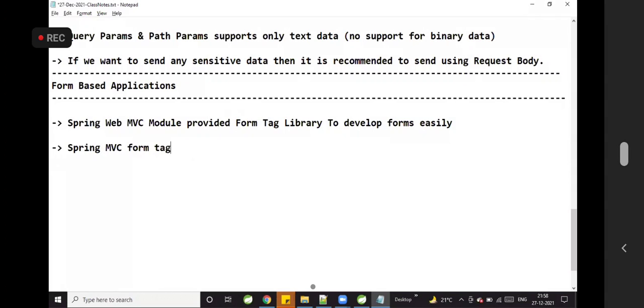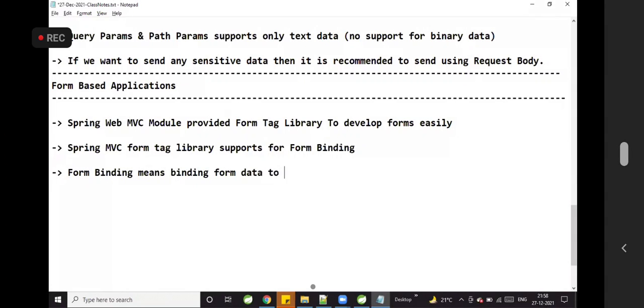Spring MVC form tag library supports form binding. Form binding means binding the form data to the object and object data to the form.